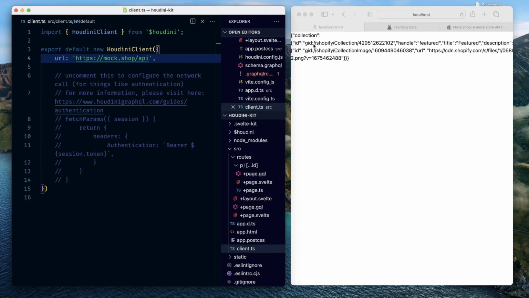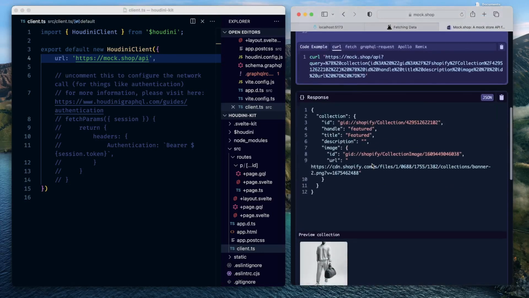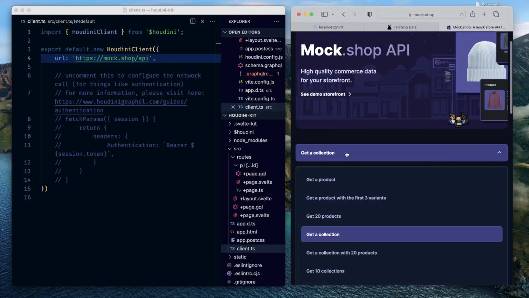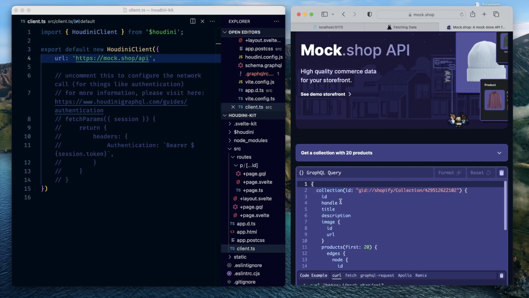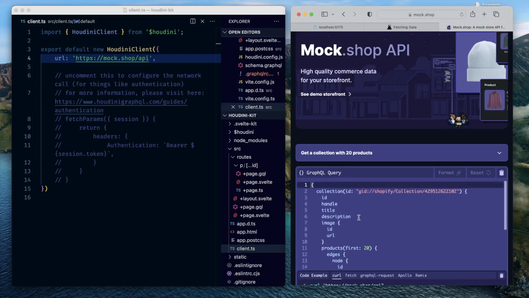Now the collection gives us ID, feature, title, description, image. That's it. It's not giving us anything else, right? Go back to their APIs, and yep, it's giving us this only. Let's see some another API. Here it says get a collection with 20 products, right? So we'll have to use this one, because this one, besides having the collection details, also returns first 20 products, right? So we'll go ahead and change the query again, copy this,